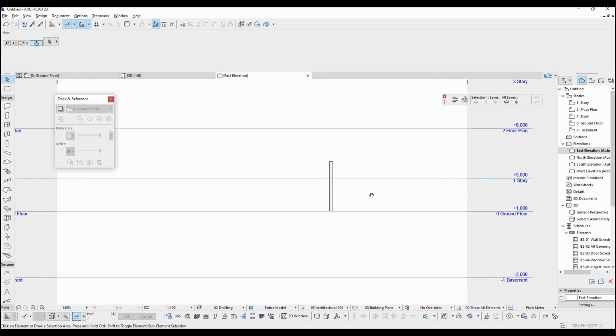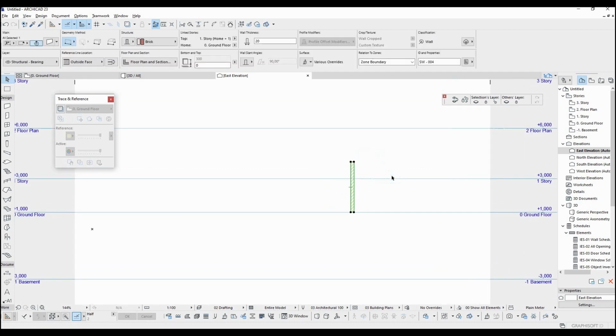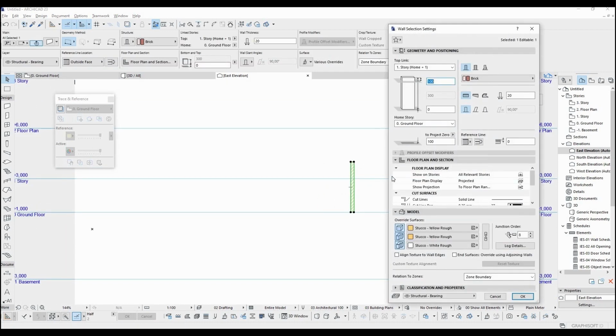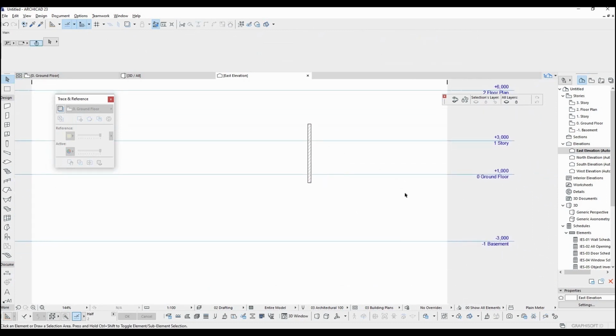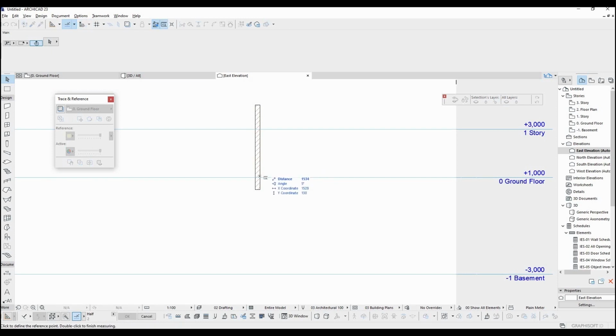Click on the wall and press Ctrl+T. Project to 0 means how far your wall is from the 0 point, but it can be different from your ground floor level. Even though I input 50 centimeters here, our wall bottom point changed to -50 because we set the ground floor level to 0. Once we did that, press M to measure. As you can see, it is 50 centimeters.